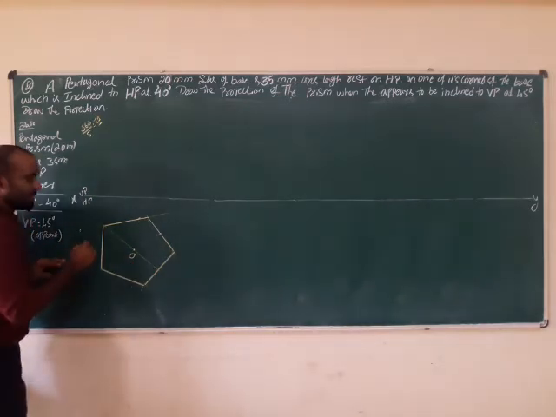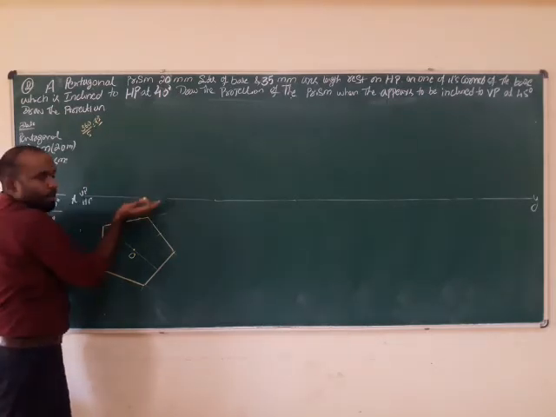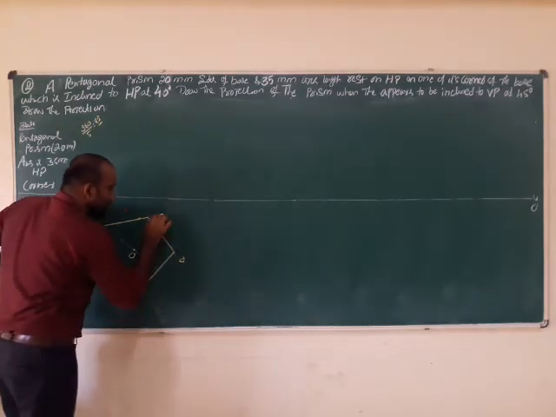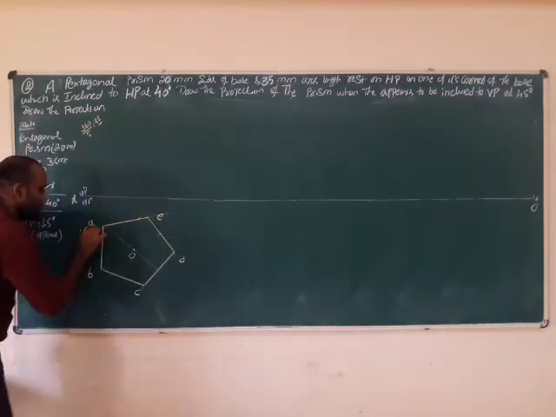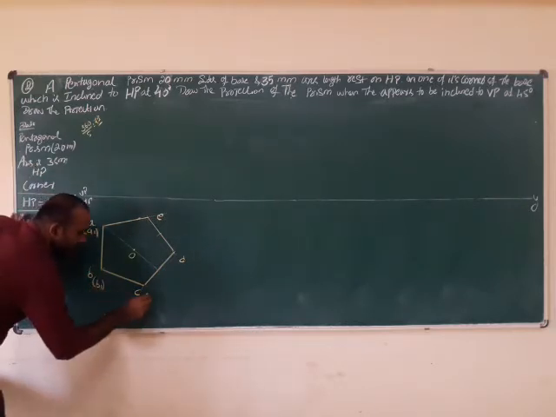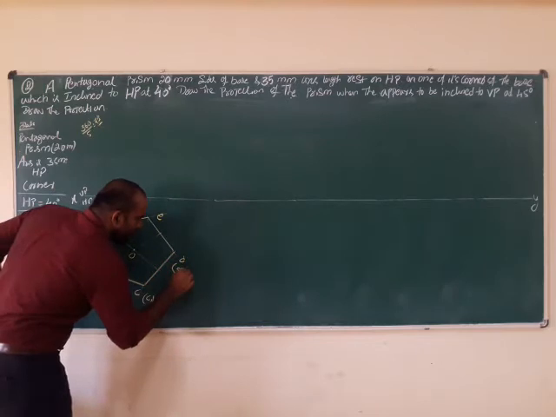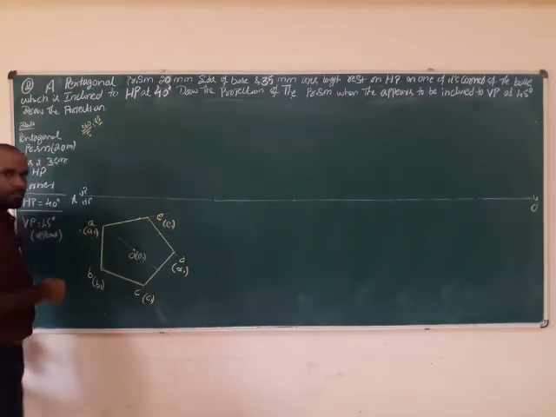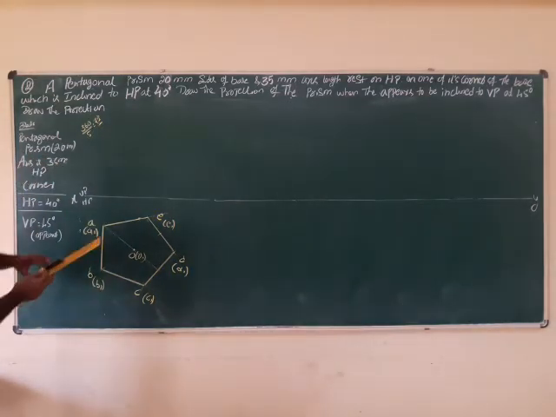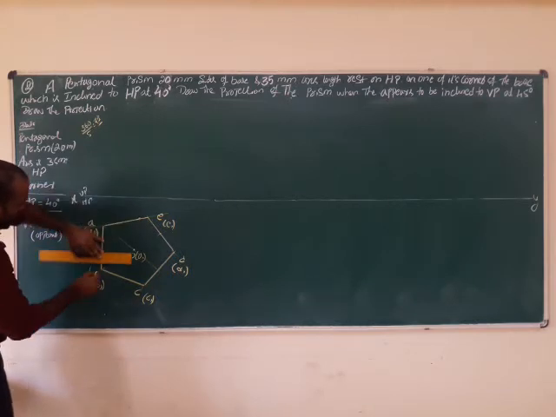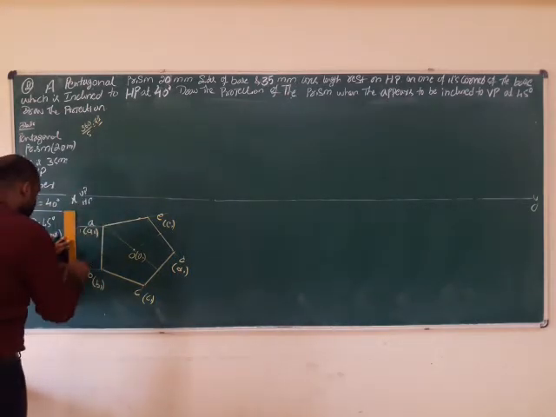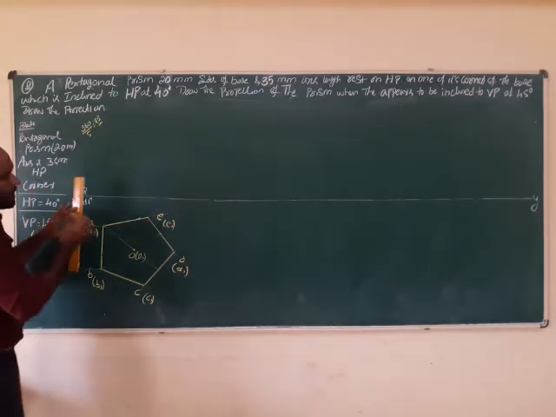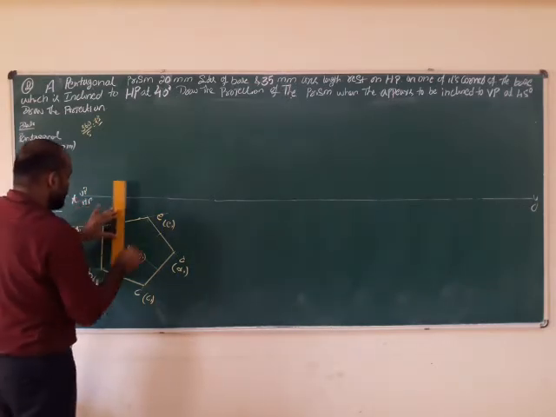In the pentagonal prism you have two sides, above and below. In the above, A, B, C, D, E are visible, but A1, B1, C1, D1, E1 are not visible. Simultaneously, O and O1 are not visible. This is called the top view. In the top view I have to mention the side is 20 mm. You have to write it and project to the front view.